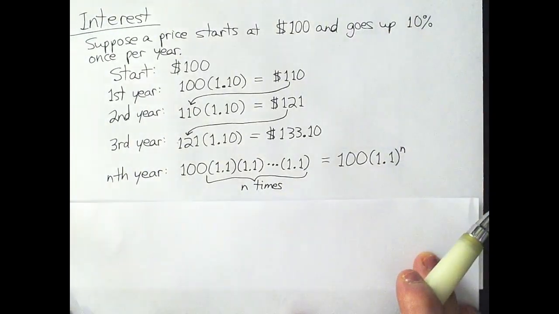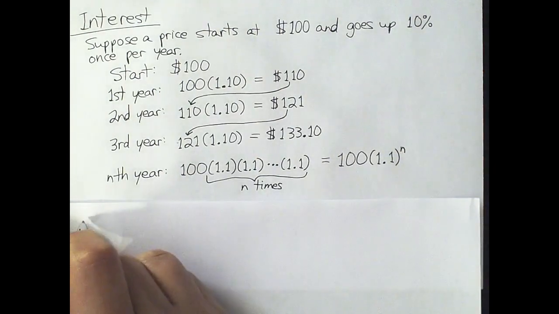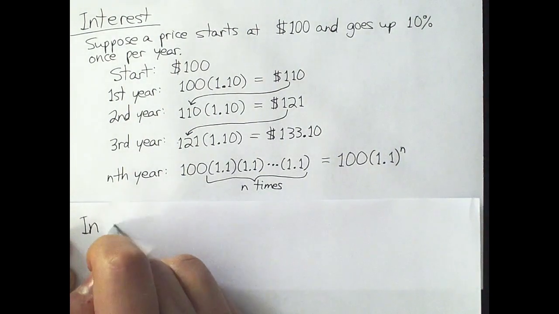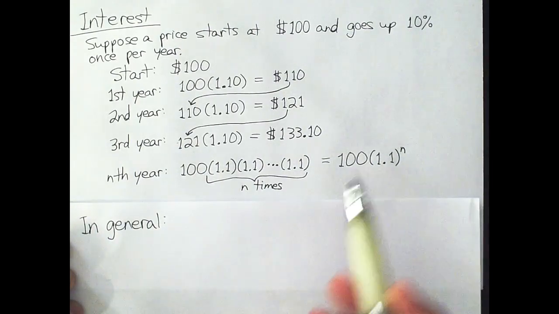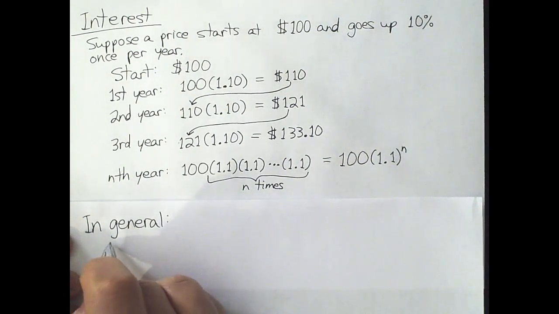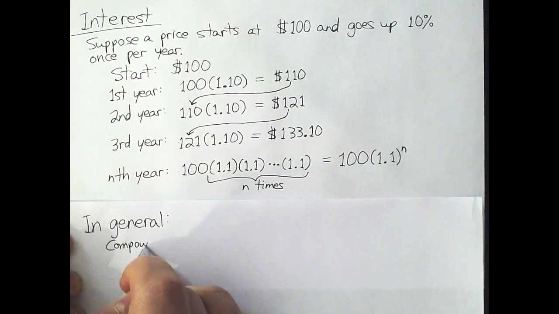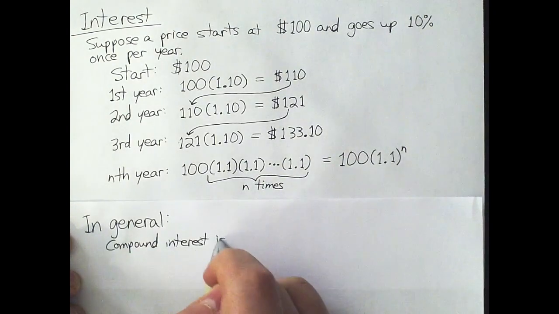Now, that formula works if you're starting with $100 and your interest rate is 10% and it's going up once per year. But in math, we always like to generalize things. Like, what if you start with a different amount? What if the interest rate's different? What if the interest is being applied every month? We want a formula that covers all circumstances. So we call this compound interest, and it is calculated by